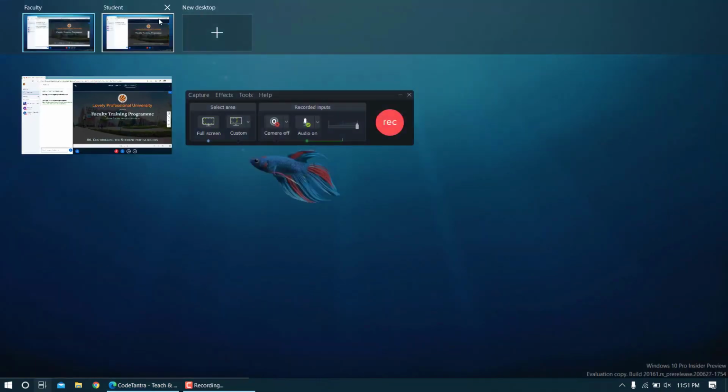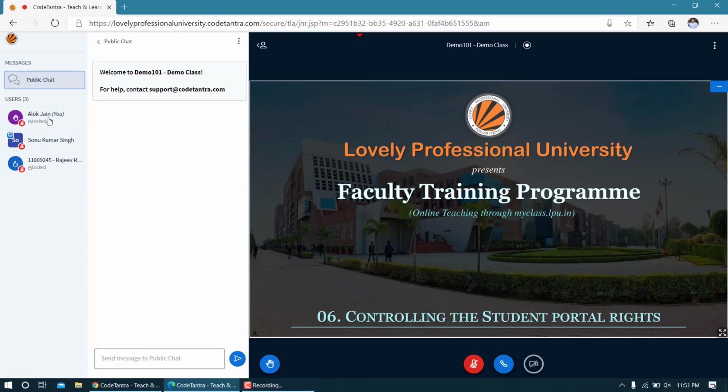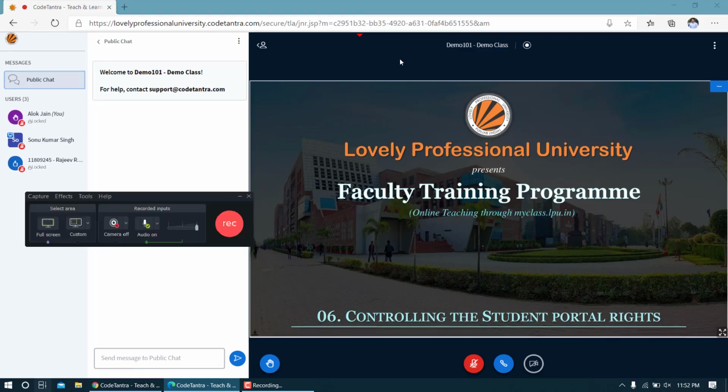If I go to the student account at this point of time, Alok Jain, which is you, in this case you can see the mic has been muted, and the name of none of the participants is coming here because there are 3 participants who have joined, and the mics of all these 3 participants are muted. That is why we are not hearing anything in this region and we are not getting any signal in this region. So that is the very first way to identify who is creating noise in your class and how to mute that individual student.